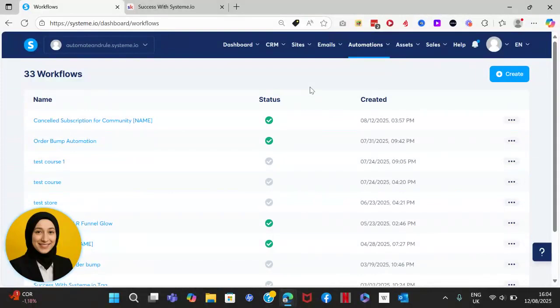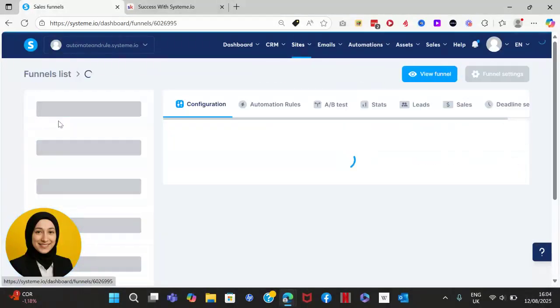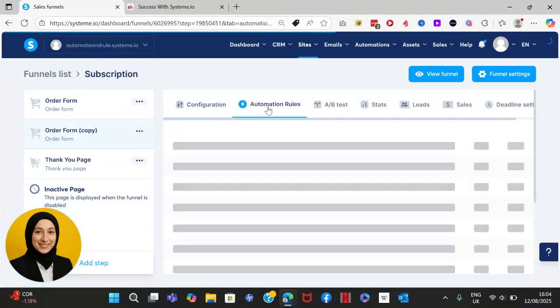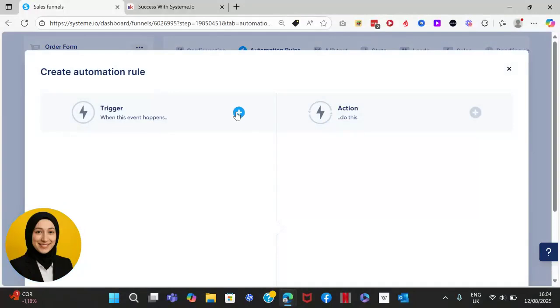Where you're telling System.io that if this person's payment fails, another way will be to do directly from inside the funnel. So we're going to go ahead and select our funnel where we are selling the subscription to the community, and then go to automation rule and you are going to set up an automation. So click here on add rule, trigger